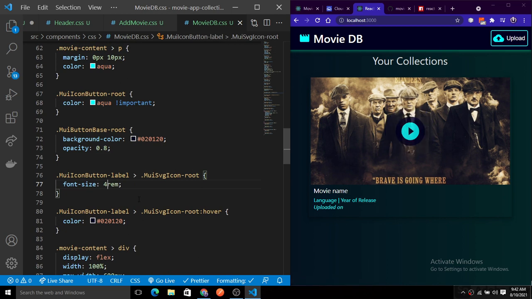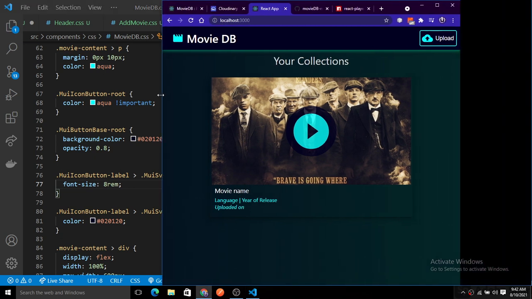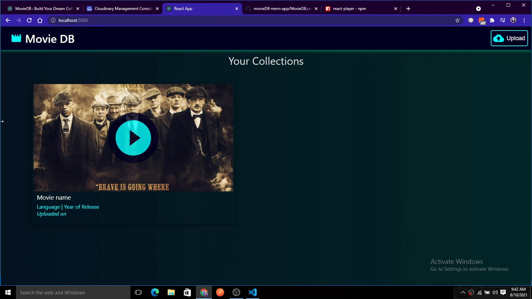Now let's save this. Okay, so now it is looking like this. I will explain later how these things are working. These are the Material UI icons. So our design is ready, and our front end part is already completed here.